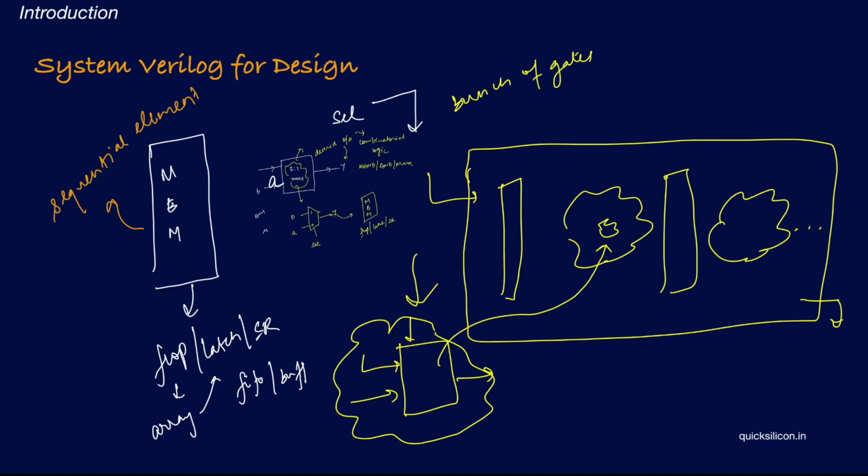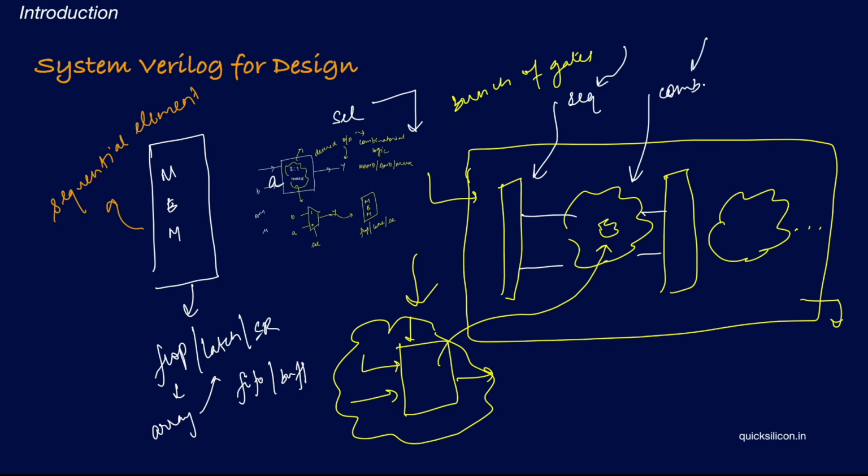Now, given all of this information, what we basically need to do here in order to design a particular hardware is to be able to describe the sequential elements and the combinatorial blocks. So if we are able to have this defined and connected together, then we should be able to design most of the complex circuits. System Verilog actually provides you a way to describe these sequential elements and as well as